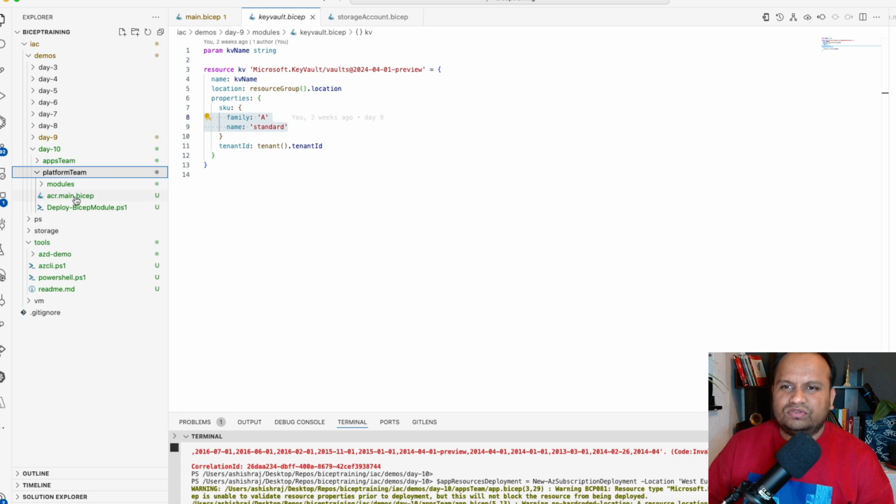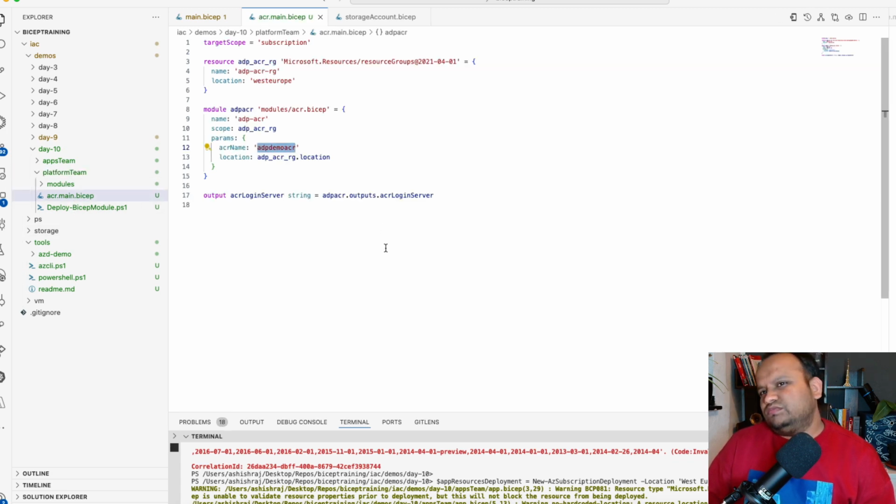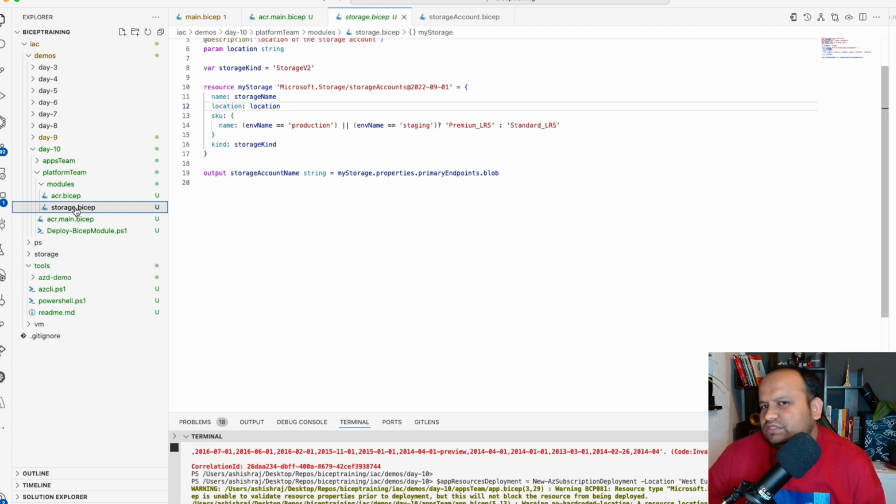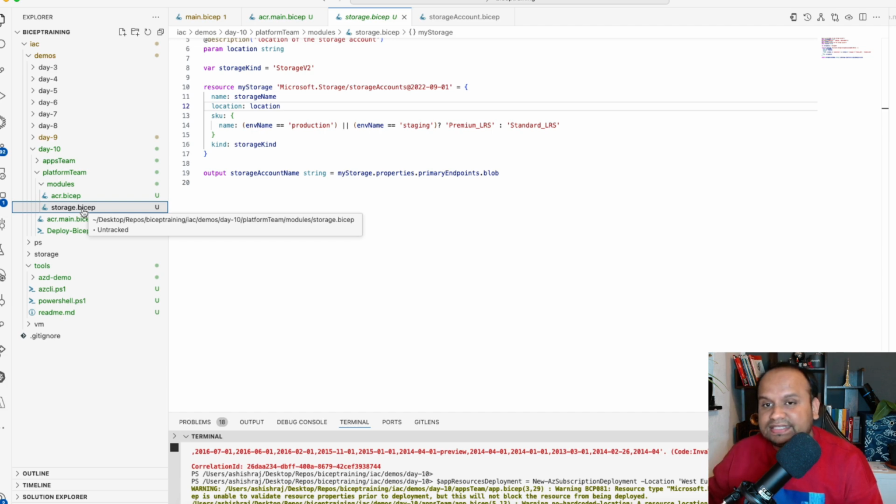So let's have a look at the platform team, a kind of demo, an example scenario. Your platform team necessarily does not only work on what you call ACR or just one module for a storage account. They might be working on so many other resources, but the idea here is that your platform team designs